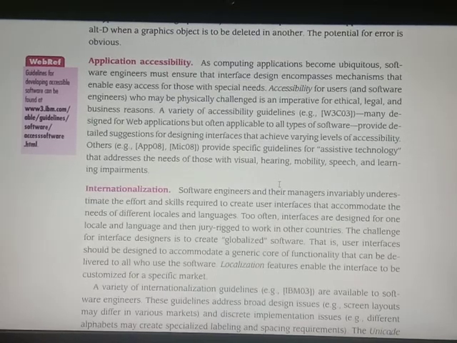A variety of accessibility guidelines, many designed for applications but often applicable to all types of software, provide detailed suggestions for defining interfaces that achieve varying levels of accessibility. Others provide specific guidelines for assistive technology that addresses visual, hearing, mobility, speech and learning impairments.